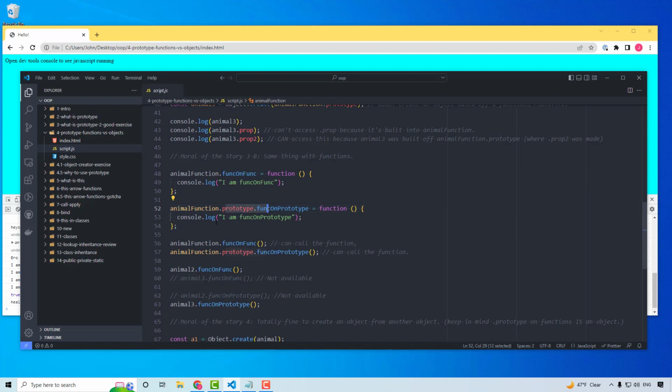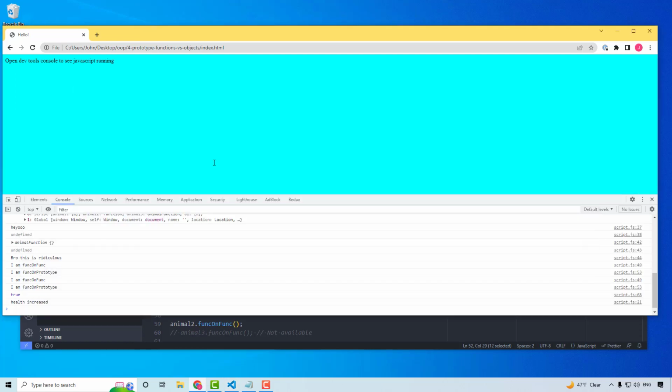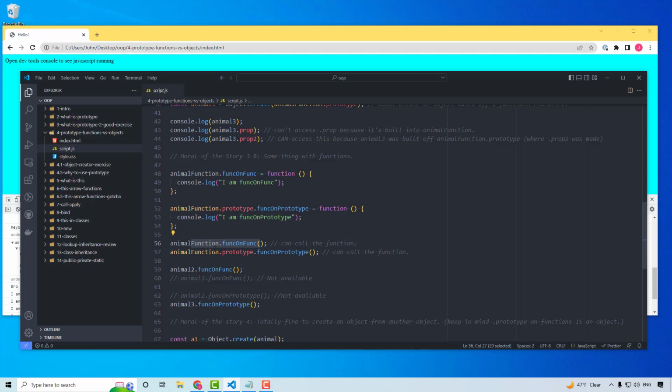So that means that the animal3 should have access to this func on prototype. So let's take a look at the animal3 object and see if it does. So animal3 prototype func on prototype. So we do have access to this function, and then we're able to call the function, this func on func,